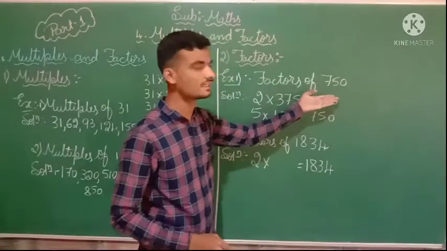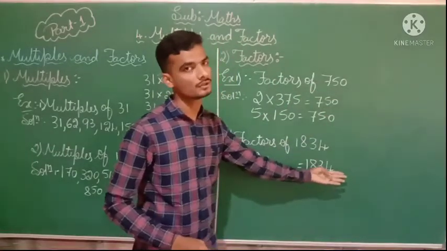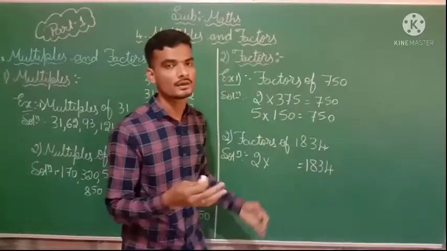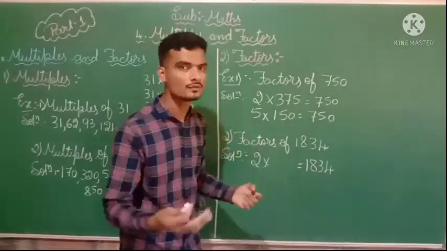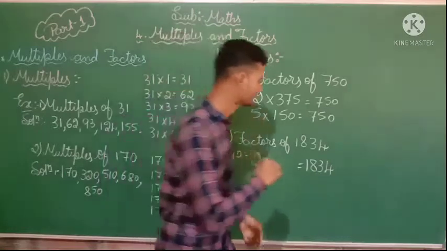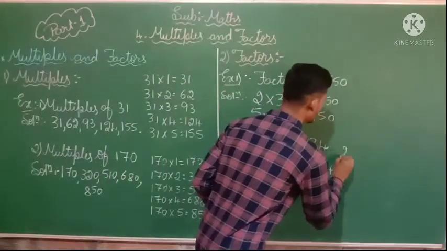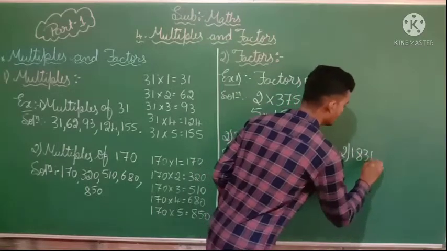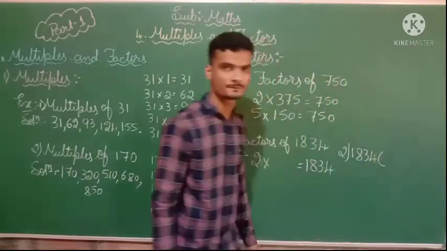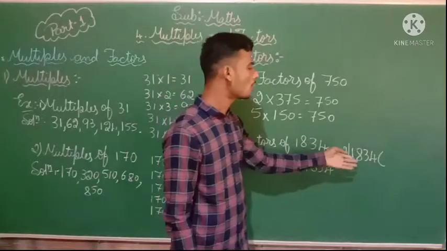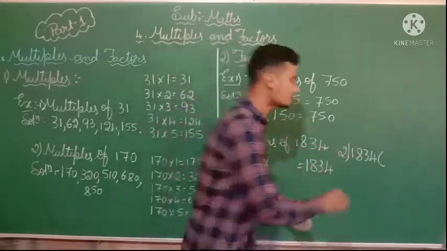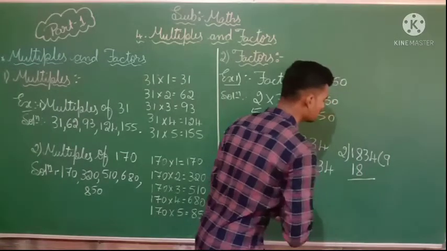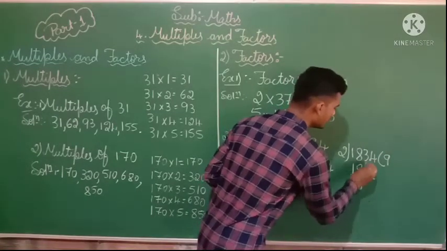The same way we have seen before, we want to follow for this also. Now you solve in your rough notebook as I am solving here. So 2 you write down in the divisor part, then 1834 should be written in the dividend. Now 2 how much are 18? 2 9s are 18. So here you will get 0, then 3.